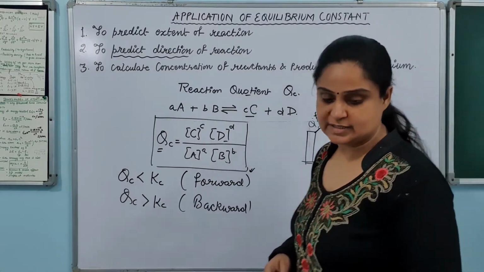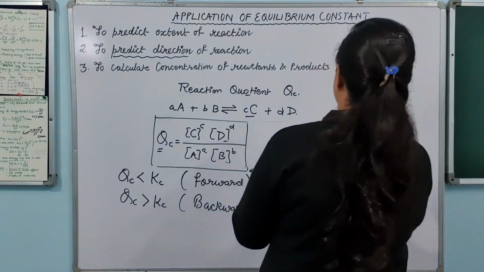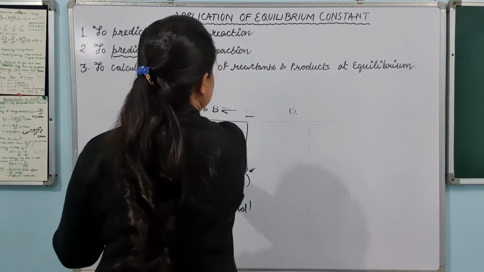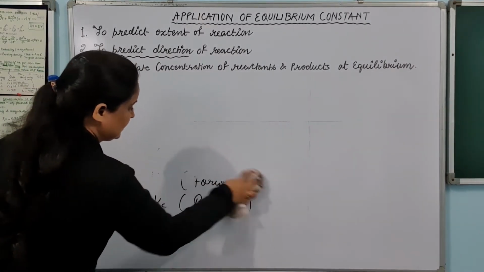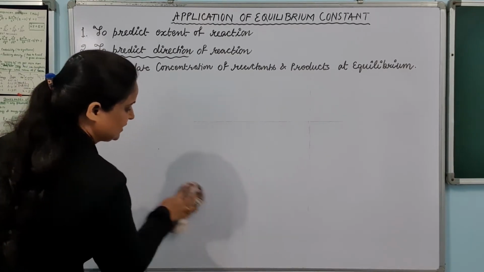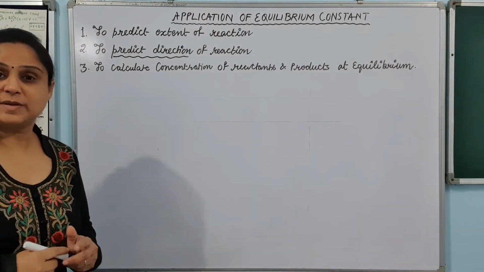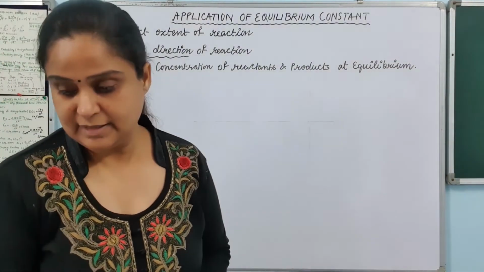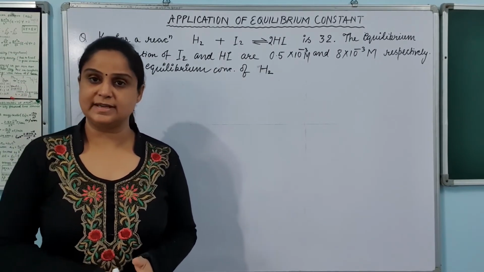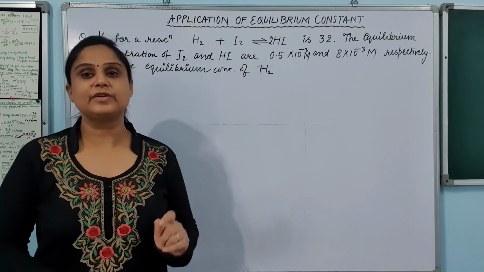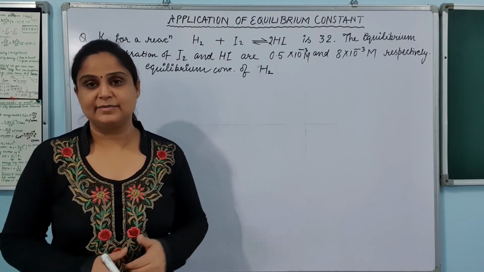Now let's move to the next application, and that is how we can also predict the concentration of the reactants and the products which are present at the equilibrium using this Kc. यानी Kc अगर हमें पता है तो हमें ये भी पता लग सकता है कि what amount of substances are present in any reaction. ठीक है? So what I was telling you is that if I know the value of Kc, I can calculate the concentration of various reactants and products at the equilibrium. तो कैसे इसे करेंगे? Let's see by taking an example.